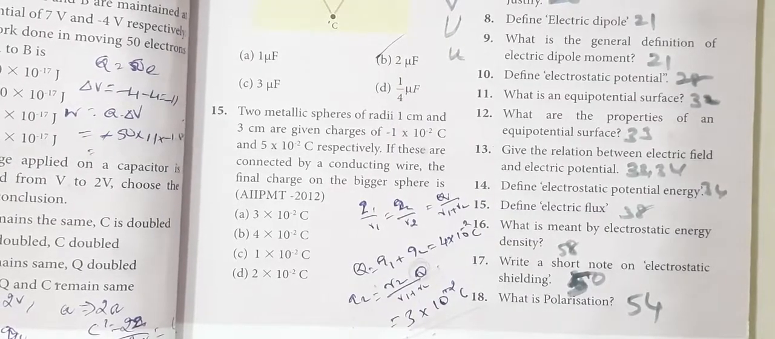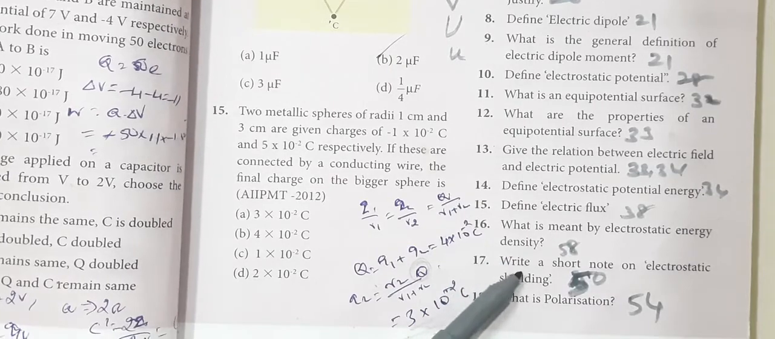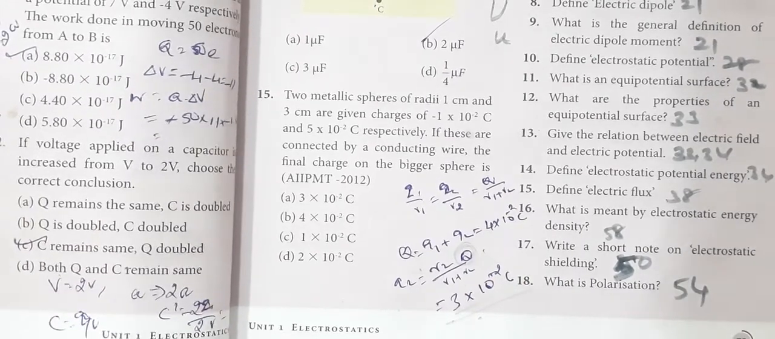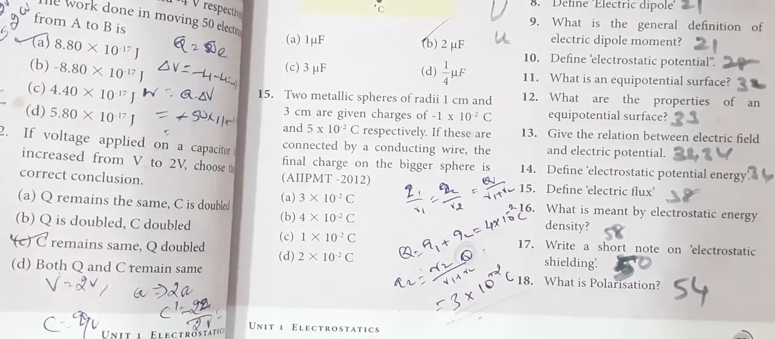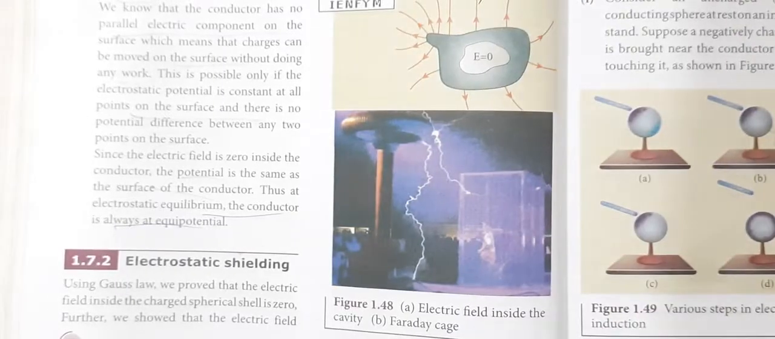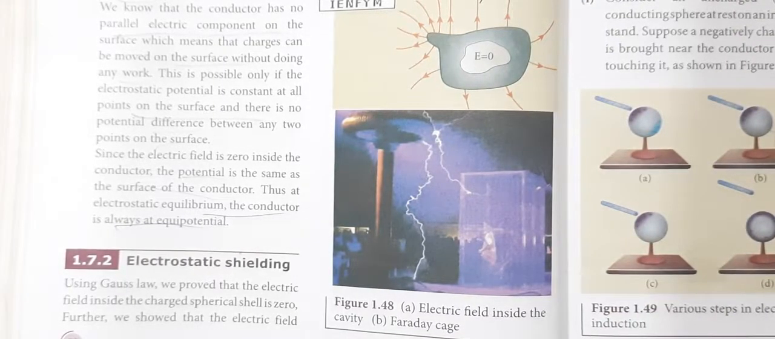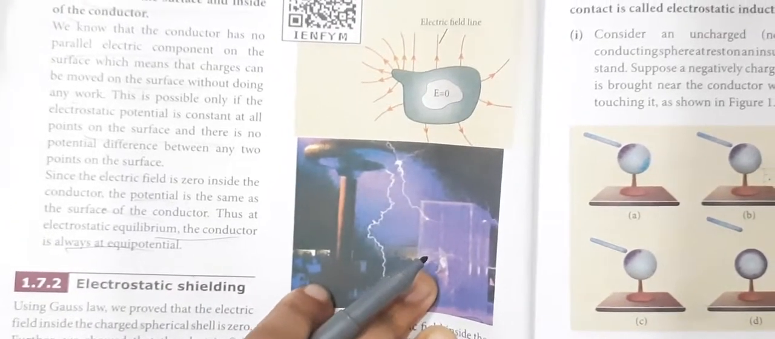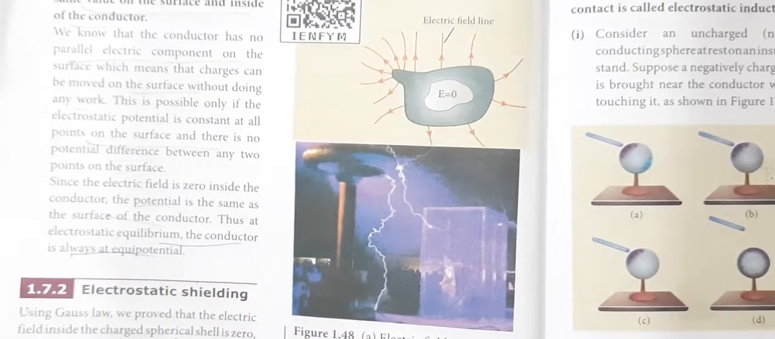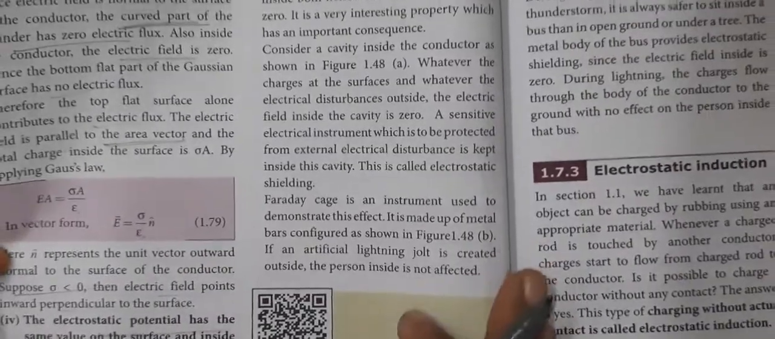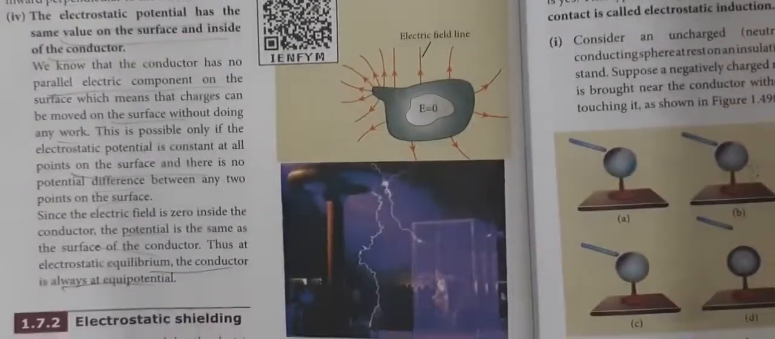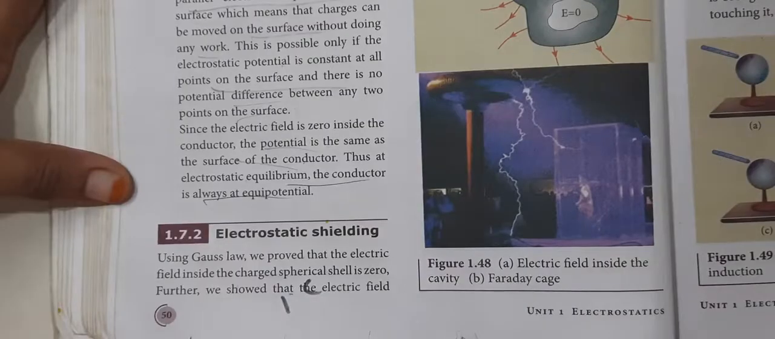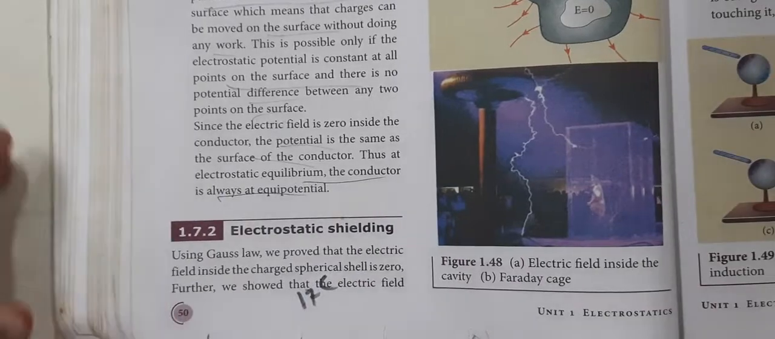The next question is, write a short note on electrostatic shielding. That is on page number 50. A very important question. Write a short note on electrostatic shielding. So under the electrostatic shielding heading, you have to write. You don't have to write all the points. Important points alone you can write. That is, the electric field inside the hollow and solid conductor is 0, from here to. The electric field inside, question number 17. Okay, the electric field